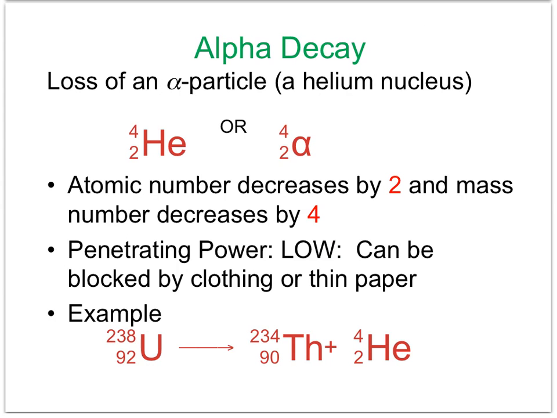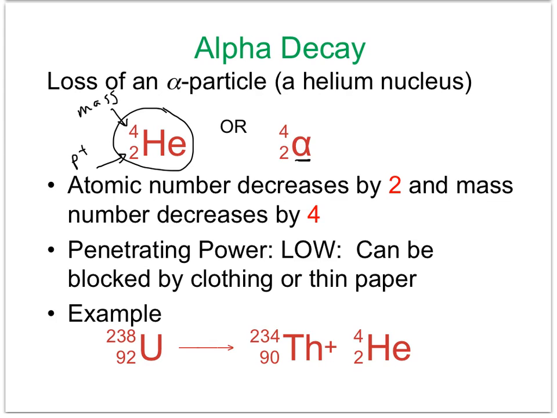There are three major types of decay that you need to know in this class. The first is alpha decay. An alpha particle is basically a helium nucleus. It is represented by the symbol He with a superscript of 4 and a subscript of 2. Remember that the superscript represents the mass and the subscript represents the number of protons. A more authentic way to write this would be to use the Greek symbol alpha and place the 4 and